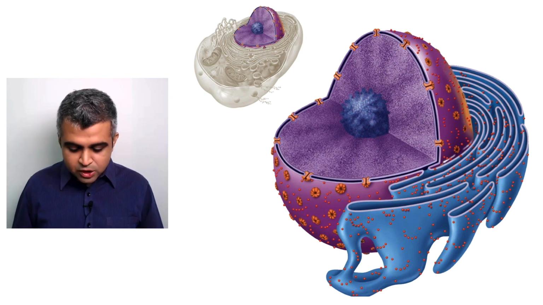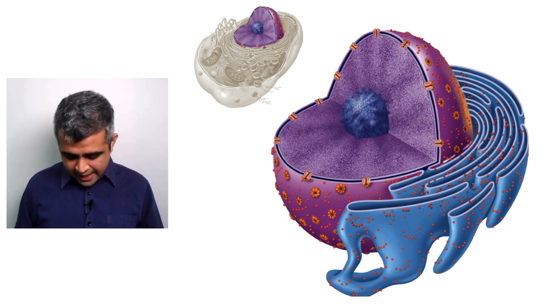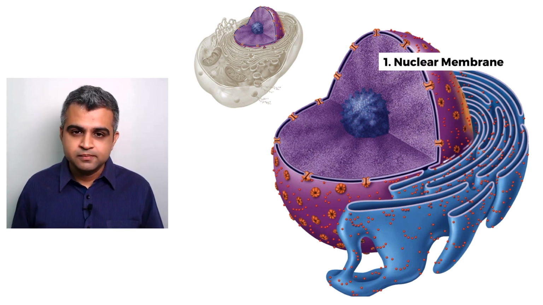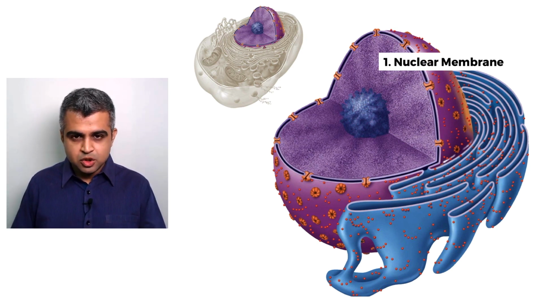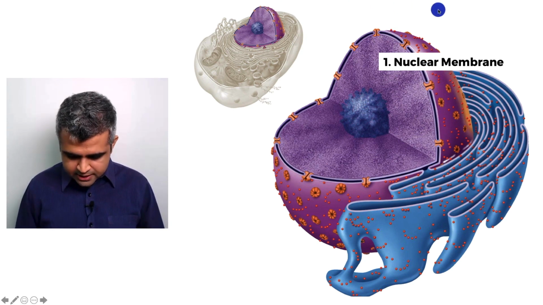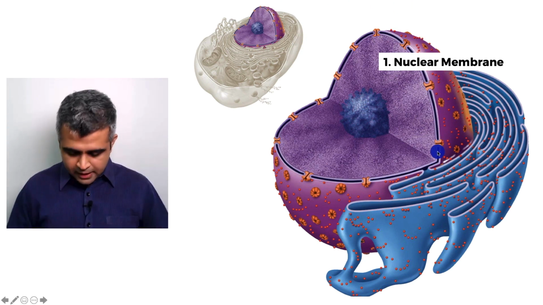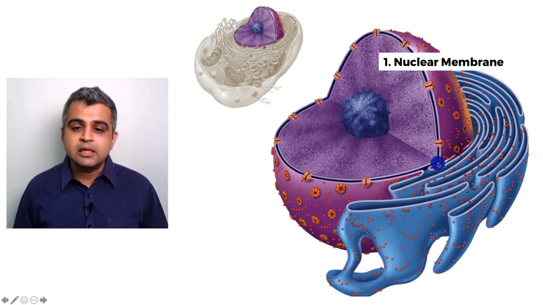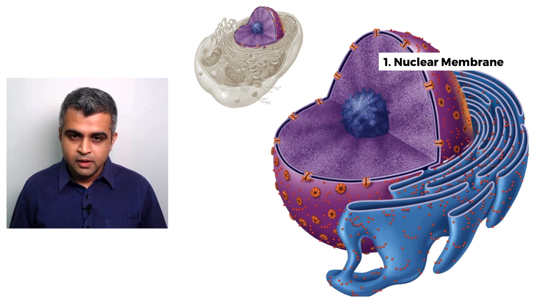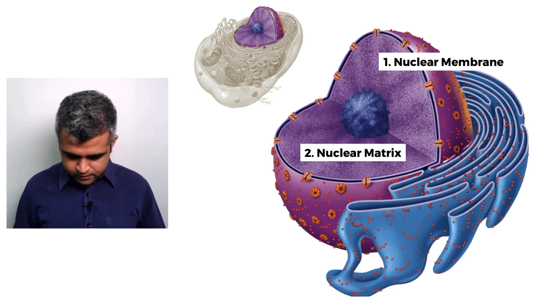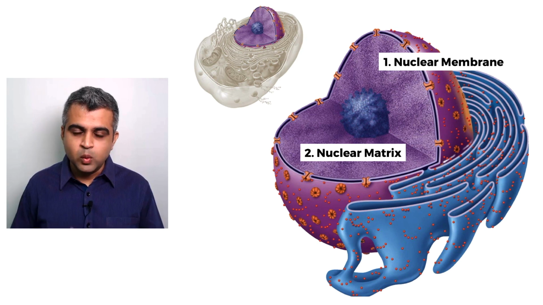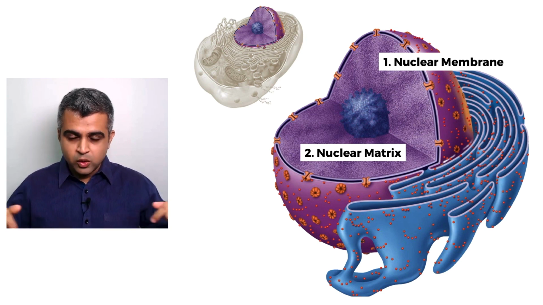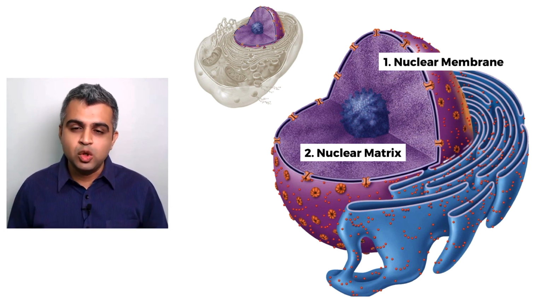As you can see, this nucleus is a well organized nucleus and it has a nuclear membrane. As should be clearly obvious in this diagram now, this is a spherical nucleus, it's a sphere, and it has this boundary that I am tracing right now. This boundary that you can see here is called the nuclear membrane. Everything within the boundary is the nuclear matrix, which I had also told you last time is called nucleoplasm. So there is a boundary called the nuclear membrane, and inside it is going to be the nucleoplasm.